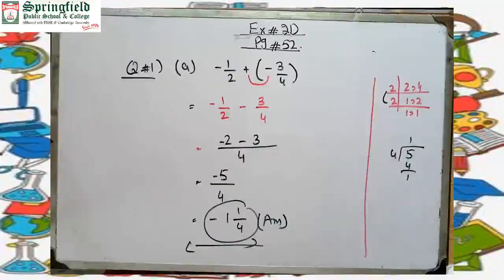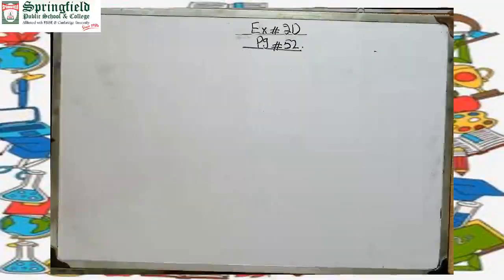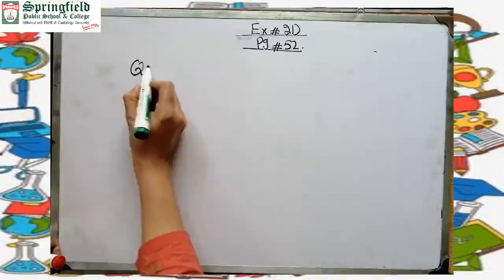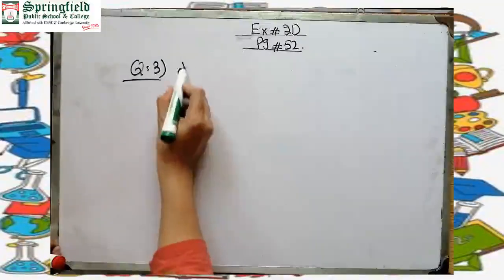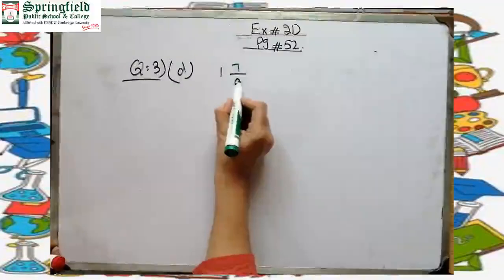Now come to question number 3, because question 2 is not included in your assignment. Okay, question 3. Find out the answer of these questions. There are two fraction numbers, and they are multiplied and divided. So how can we solve this question? Come to part D. Part D is 1 whole 7 by 9